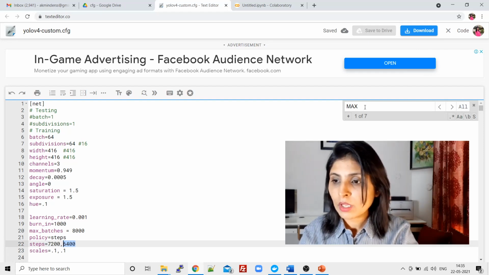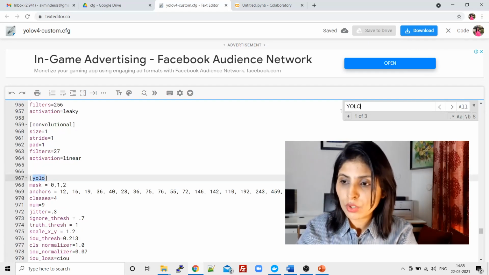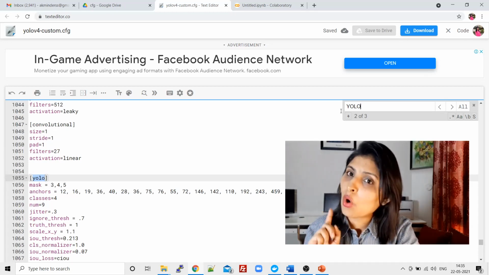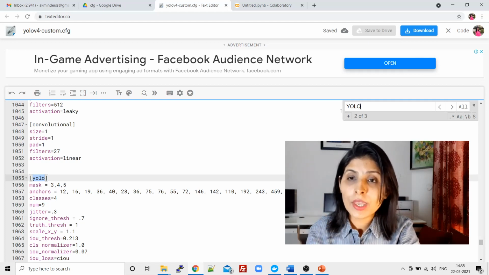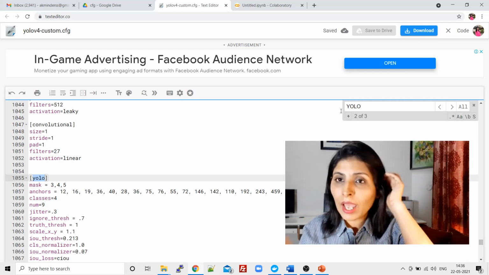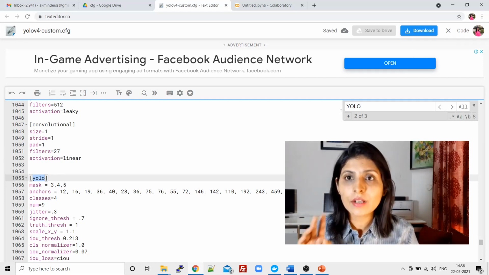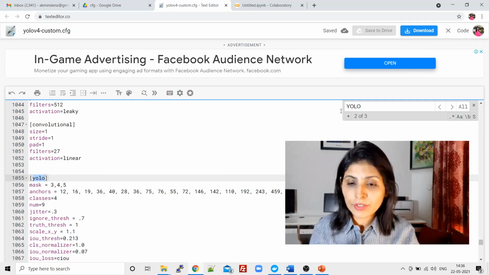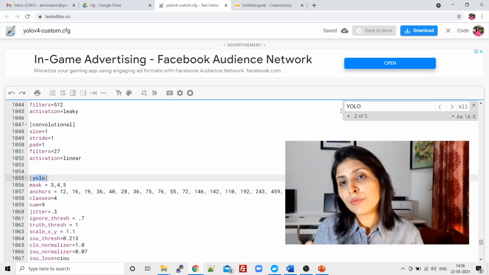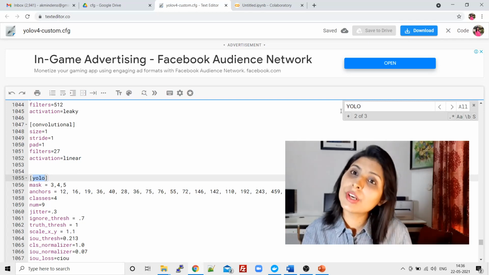After that, search for YOLO. Guys, always remember, this is very important. You have to find the YOLO layers, and how many YOLO layers do we have? 3 YOLO layers. Why do we have 3 YOLO layers? Because we want to make predictions at 3 different scales.